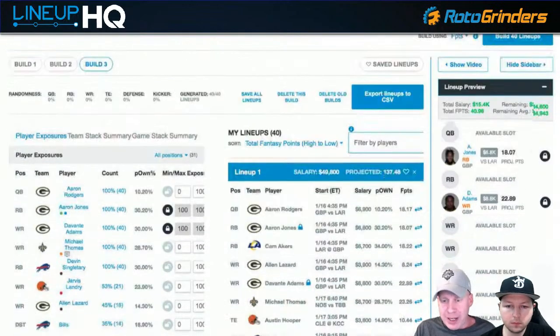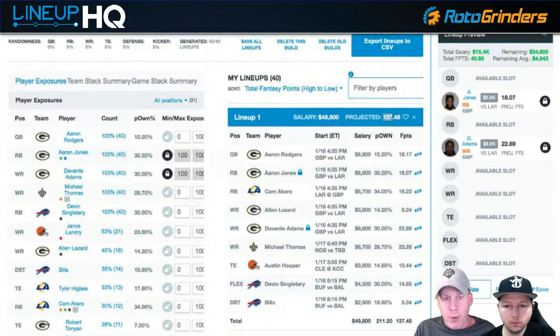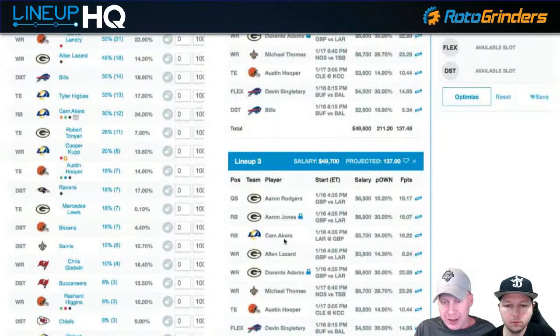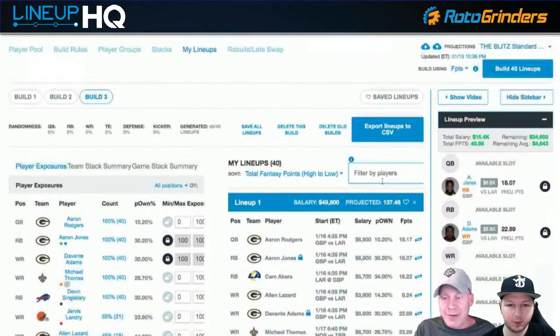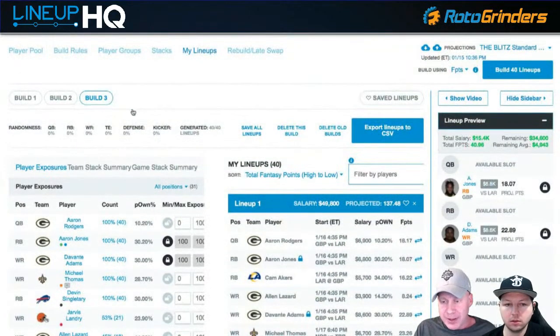So for 40 lineups, look at the median, right? I always compare it to the top median that you could build, which is 145.5. So in order for me to play a Packers super stack with Akers as the run back, which is more likely going to happen, I have to sacrifice about 8 points in median. I think it was almost 10. I think it was 10 too, because I think it was 147. The best 147. Okay, so 10. So if I'm sacrificing 10 points in median,